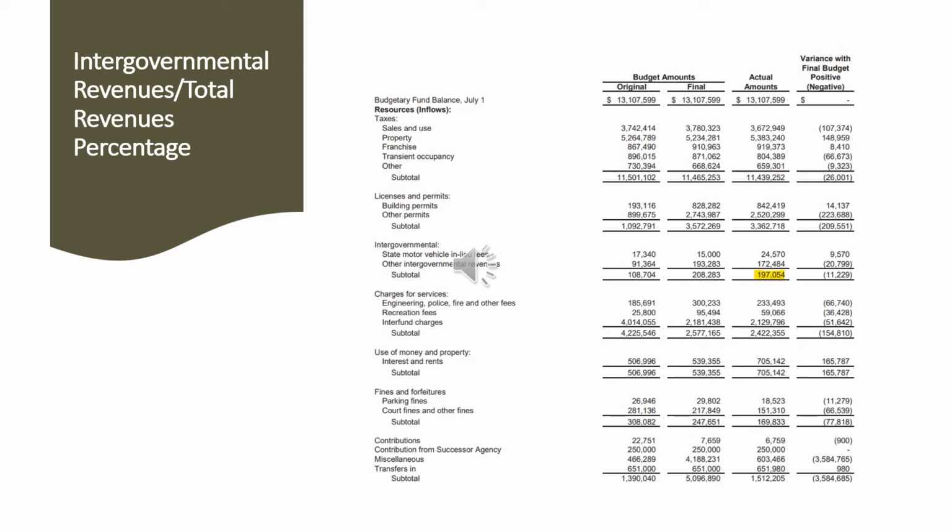The second indicator is the intergovernmental revenues to total revenues percentage. This shows how much of the city's revenue comes from intergovernmental transfers other than the city's own sources. To get this figure, we divided the intergovernmental revenues for the general fund by total general fund revenues. The intergovernmental revenues for the year 1920 was $197,054, while the total general fund revenues, as previously highlighted, was $19,808,559. Dividing the two indicates that almost 1% of the city's revenues came from intergovernmental revenues, and that a majority of the city's general fund was collected internally.